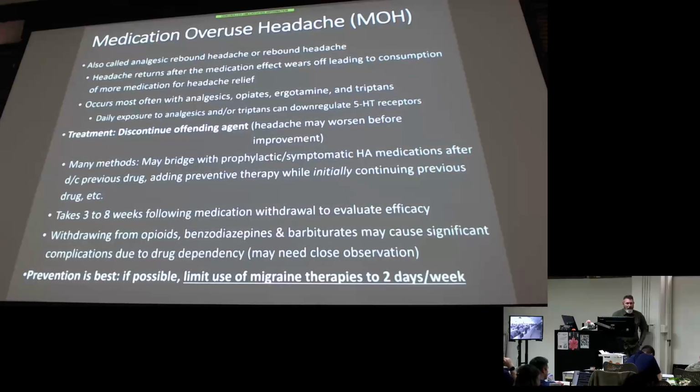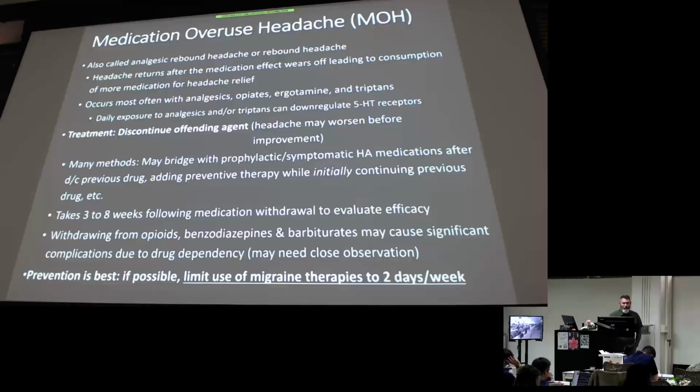Because you have a headache, you take meds for the headache, and the meds that you're taking so often give you a worsening headache. So that's why we try to do targeted therapy, and we talked about decreasing the amount of abortive therapies as much as possible, getting our patients, if they meet the criteria, on some type of prophylactic treatment to decrease the frequency of their migraines, which in turn means less use of those acute abortive migraine medications. How do we treat medication overuse headache?